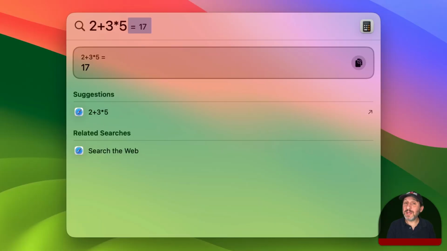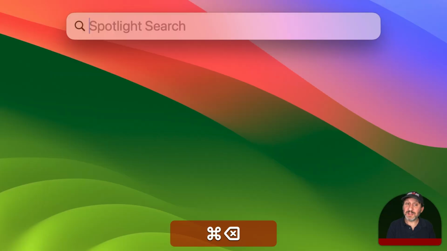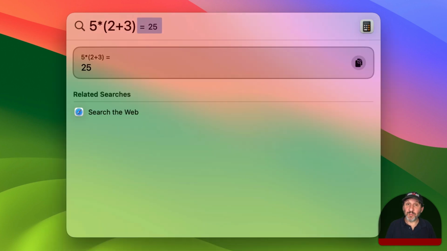But you can go beyond this and actually use parentheses. So for instance, you can do something like this and then in parentheses put a portion of your calculation and you can see how it will obey that. And you can go many levels deep with parentheses like this to make sure it's doing exactly the calculation that